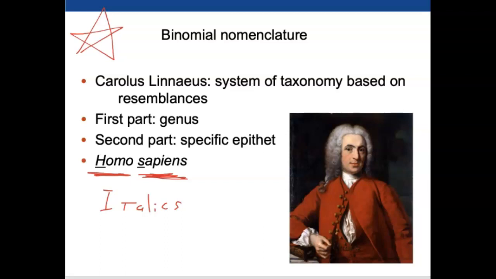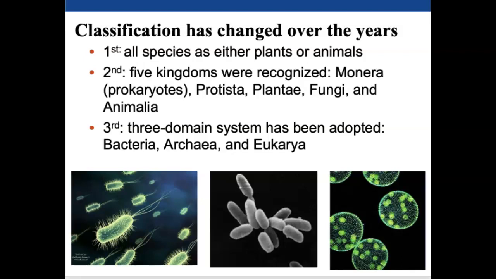So the Linnaeus system was great when it started, but it's changed. Linnaeus said you're either a plant or an animal. If you move, you're an animal. If you don't move, you're a plant. That worked for quite some time. But as our body of knowledge grew, we went from the earliest first system to the second system. This system, we started to develop